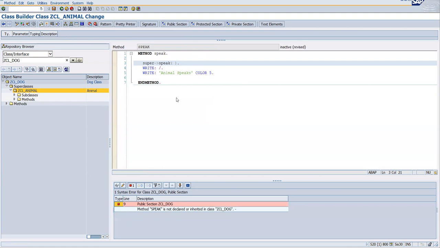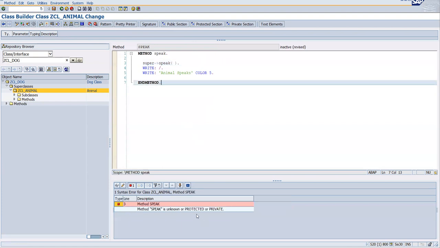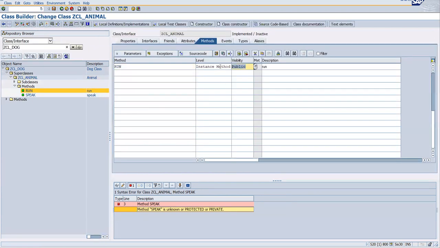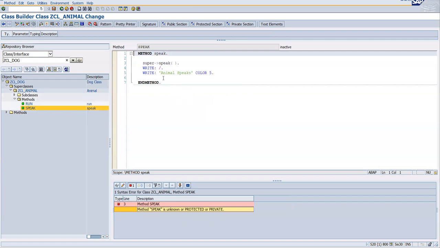Pretty printer, check this. Speak is unknown or protected or private. Okay, what's the visibility? Let's check its visibility. Run is public, it's fine. Speak is... save it, go once again